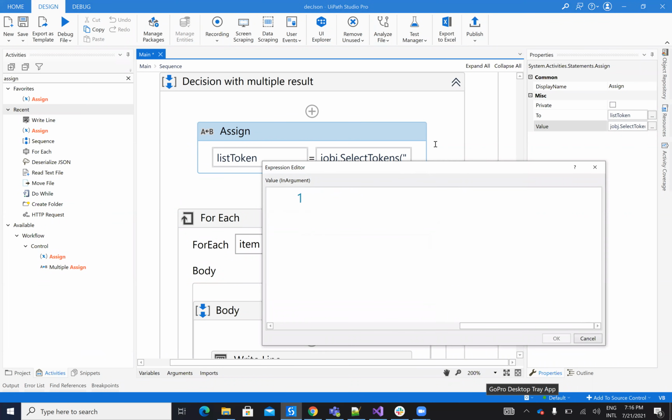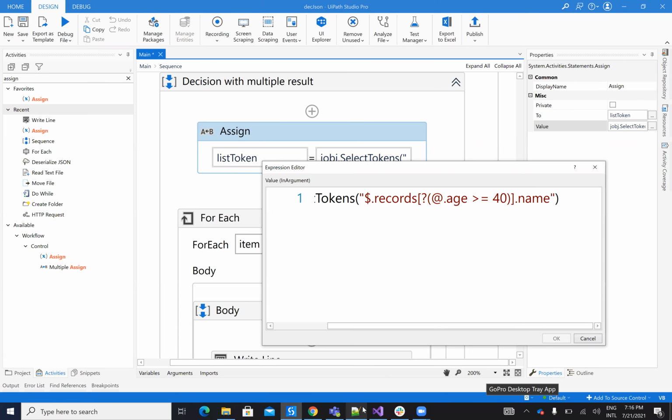I say JObject select token where, on the record, the age is higher than or equal to 40. And I should return the name. So what does this mean?